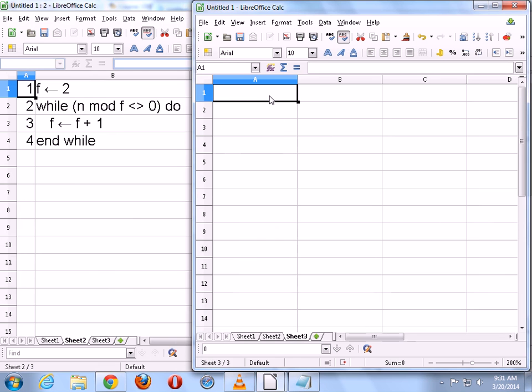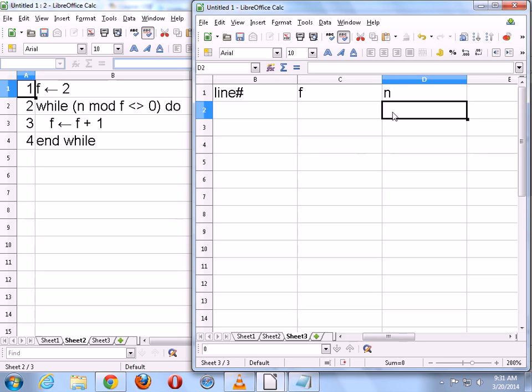All right. So let's trace this for maybe 2 test cases here. We have comments because we have a condition to evaluate on line 2. We have line number, we have 2 variables in this case, although one is really not exactly a variable. I'll just still call it a variable. N has to be given to this algorithm.